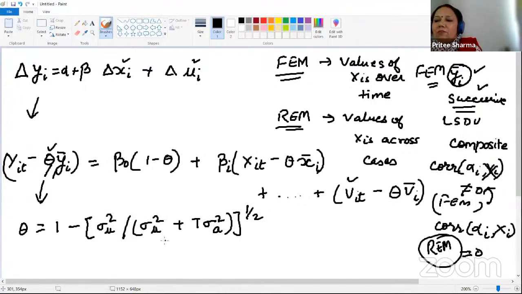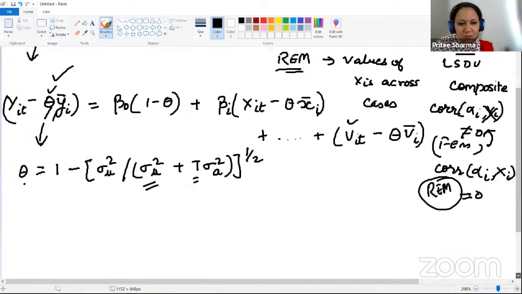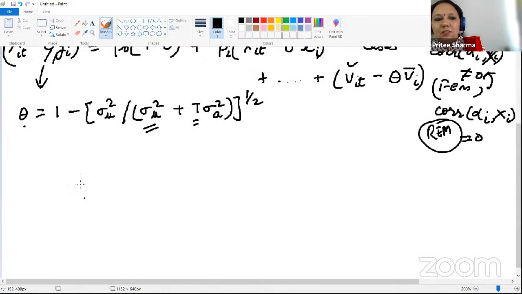All right. Now, why are we doing this? Because this fraction depends on the variance, which is the variance in the error term, the variance of the intercept term, and also the number of time periods. All right. Now what we do is, after doing this, we estimate our model with simple